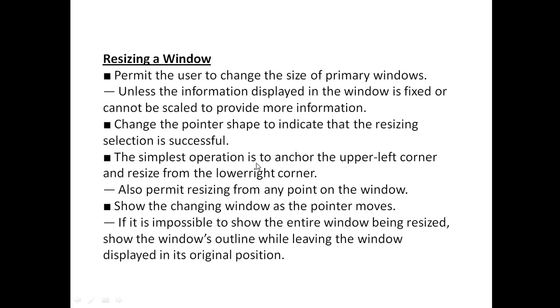The simplest operation is to anchor the upper left corner and resize from the lower right corner.